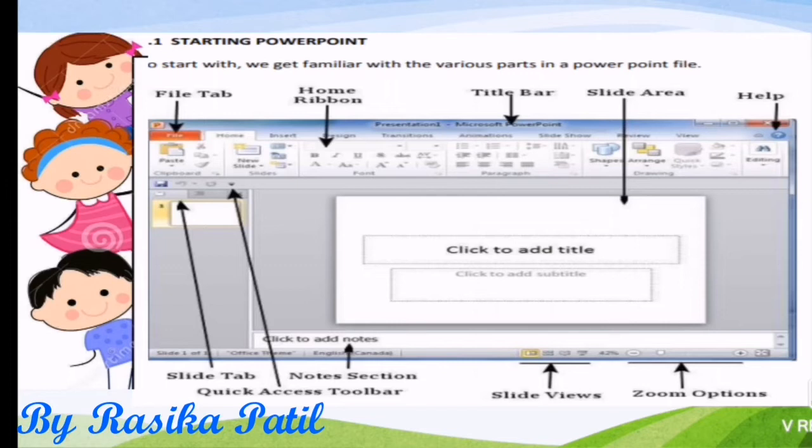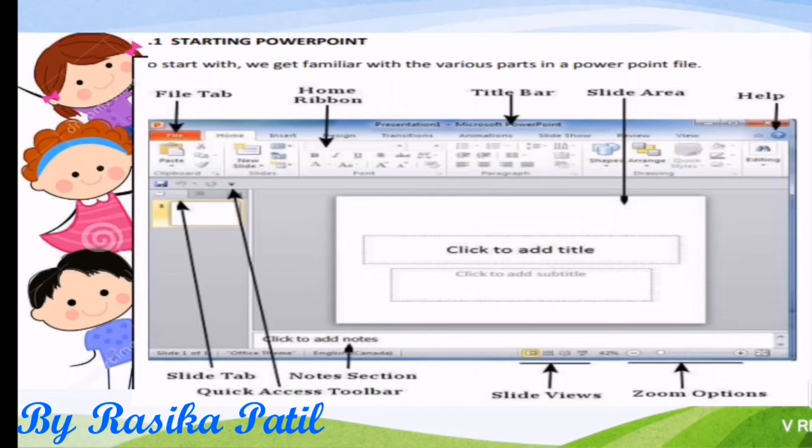Next is slides view. How you want to view the slides means if you have created 10 slides, if you want all the slides to be visible on your screen at a time, this is one way. If you want to do a slide presentation, this is another way. If you want a normal view, there is another way. So there are 4 different types of slide views. So here we have one last option as slideshow. After clicking that slideshow, whatever slides you have prepared will be visible on the full screen of your computer.